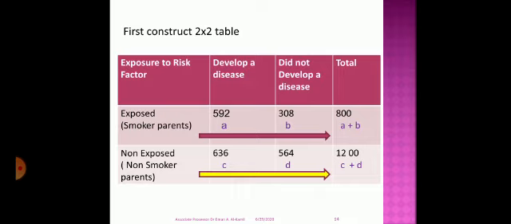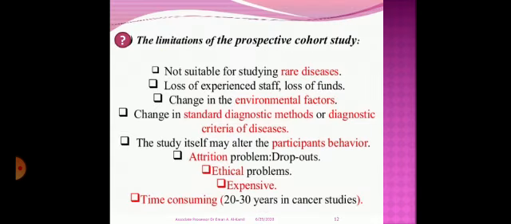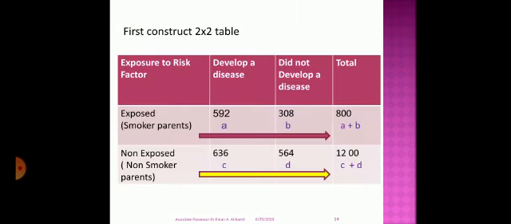So we are going to follow up those children who are exposed to smoker parents. We took 800 children and followed them up for a period of time, and then we saw 596 individuals develop respiratory infection out of the total of 800 children. So we are going to measure the incidence of development of respiratory tract infection among those exposed children, while out